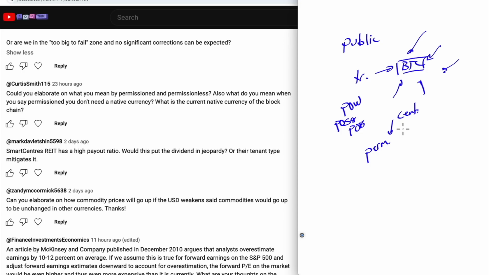The centralized authority would process the transactions, validate the transactions and the block, and add the next block to the chain. And then anybody who's permissioned to be on the chain will have visibility on the entire chain. So you can think of supply chains. You could think of a situation where